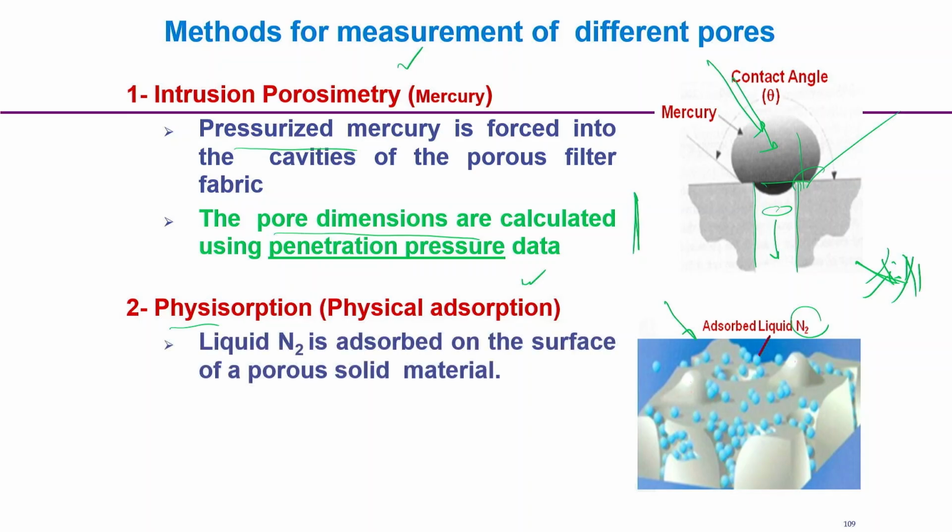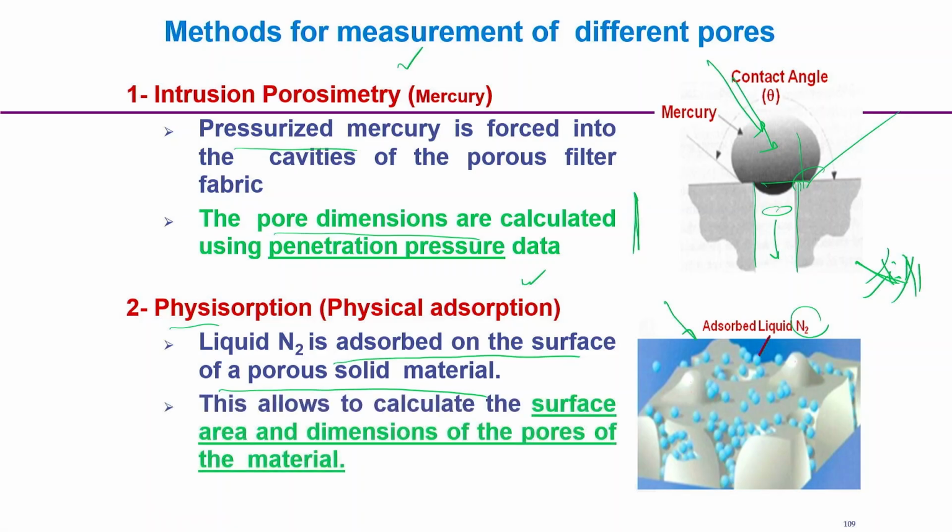Liquid nitrogen is adsorbed on the surface of any porous solid material, maybe fiber, maybe any other porous material, and this allows us to calculate the surface area and dimension of the pore